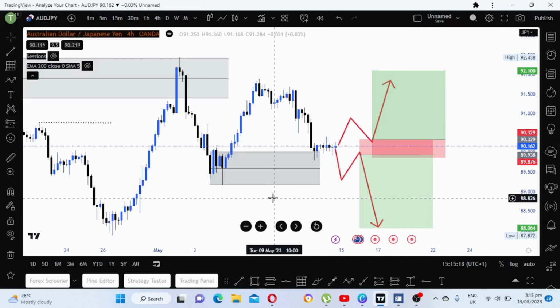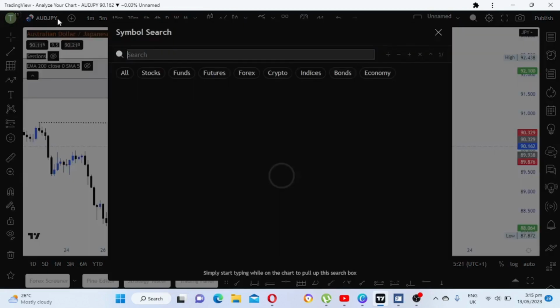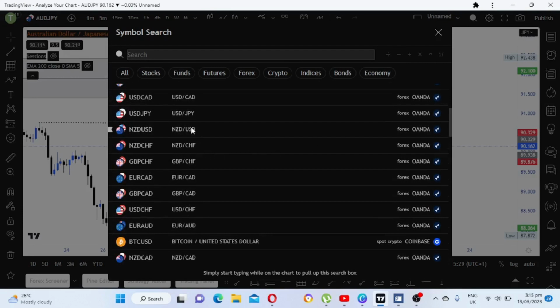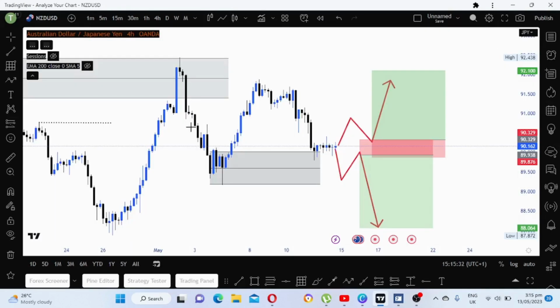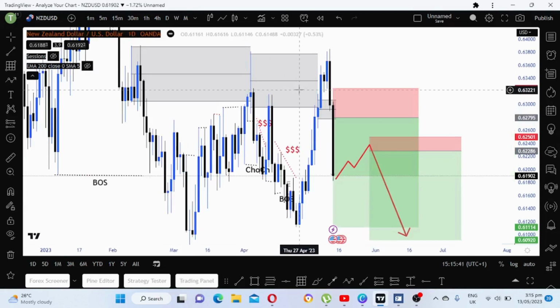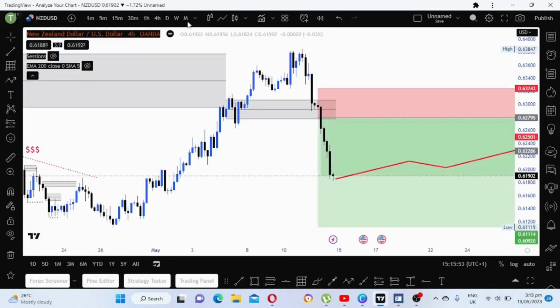So now let's look at the NZD USD. Looking at NZD USD, we are bearish, guys. As you can see, we are extremely bearish. We are coming from this supply zone, which is here. For me, I'm waiting for a pullback now. There are two areas that I can look at. There is this one that I can look at,